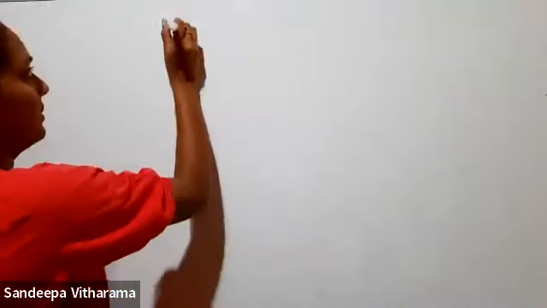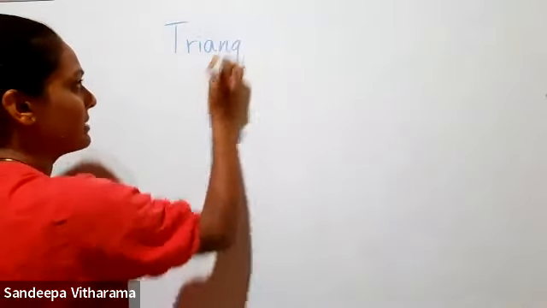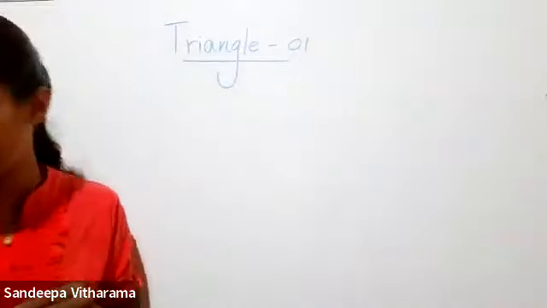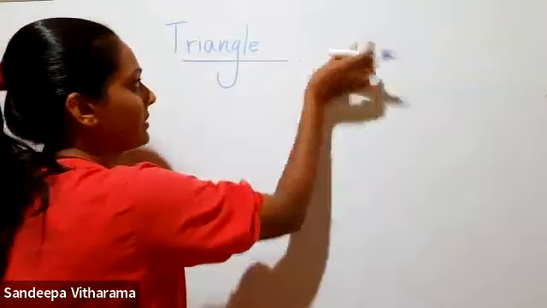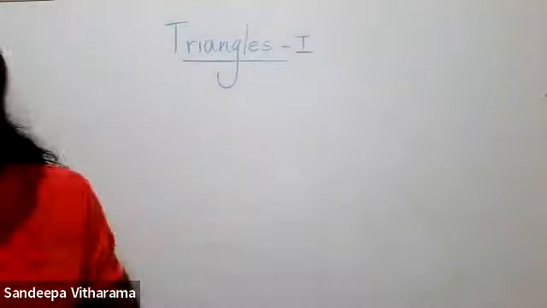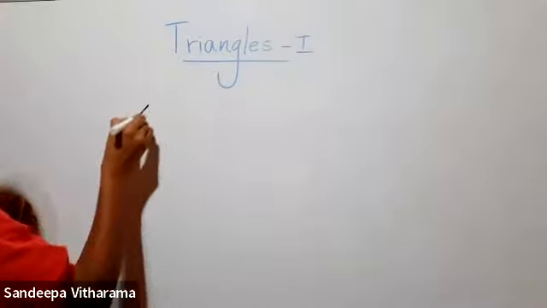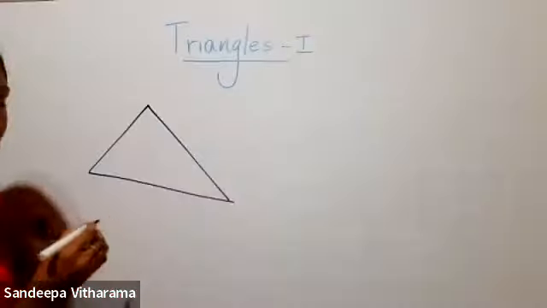Okay, then under this lesson, first of all, you should know what the parts of a triangle are. When you consider a triangle, triangles 1. If you consider a triangle, it is named using